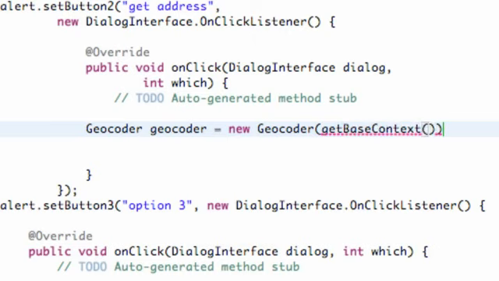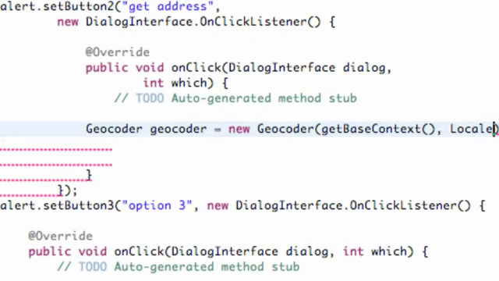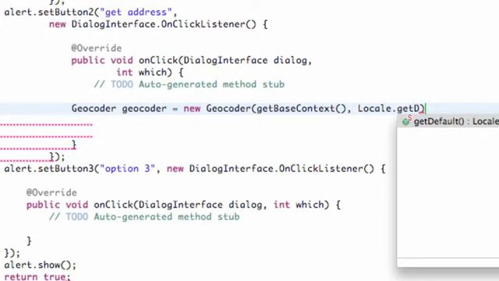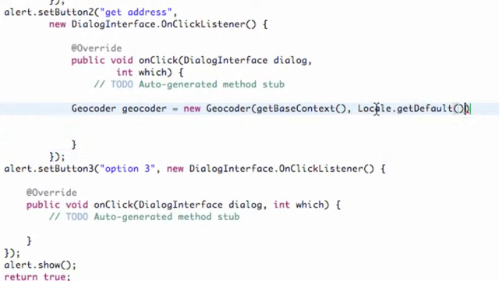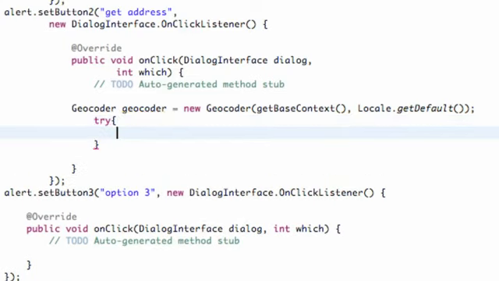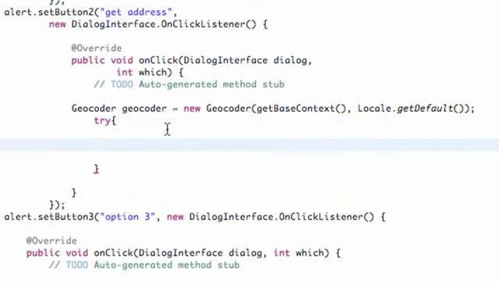That's going to return the context of the base class, and then we're going to say Locale.getDefault. We have to import both Locale and our Geocoder, which I've already done. Now we've set up our geocoder, and within a try bracket we can try and access the address. So we're going to say try, and then within the try brackets,